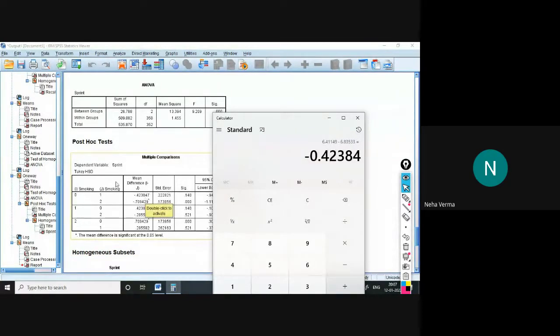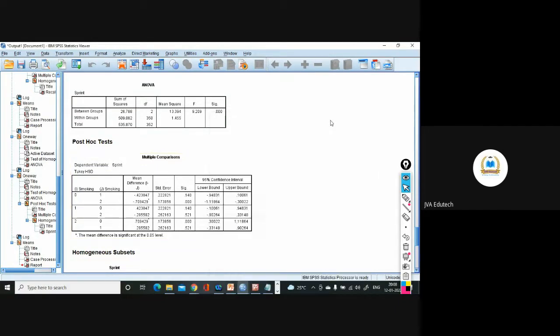Yes, sir. So when the mean differences are negative, you need not report this. You have to only say whether there exists a significant difference or not. If you want to report mean difference, you can report individually. That is a waste exercise. Only you have to tell whether there is a mean difference or not. If you want to stretch your interpretation, you can report all these things.